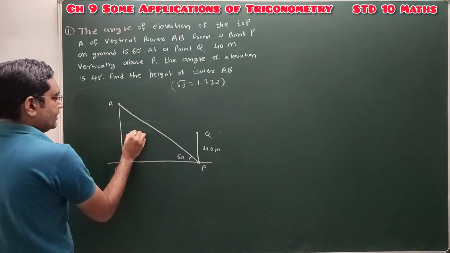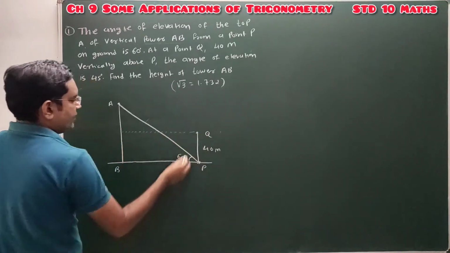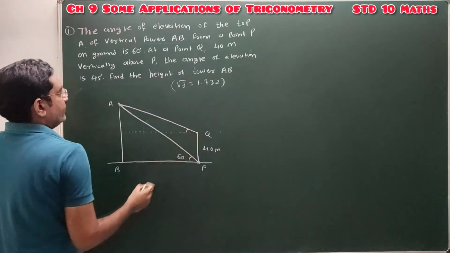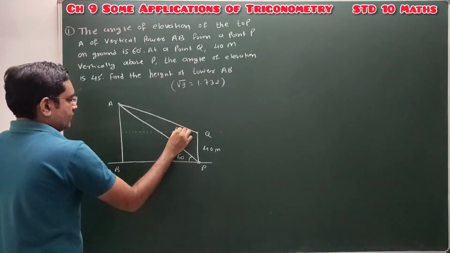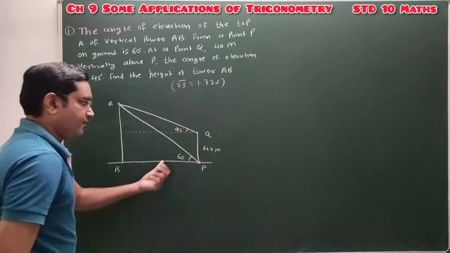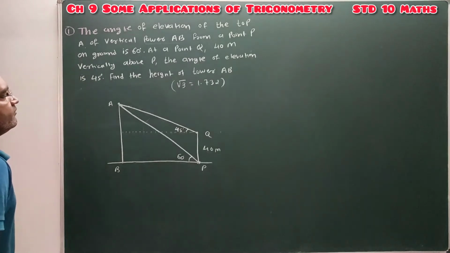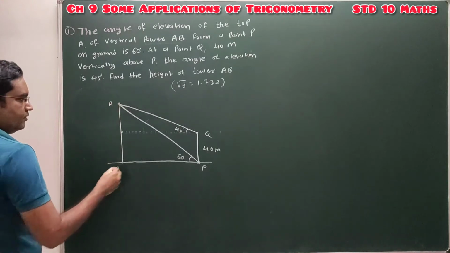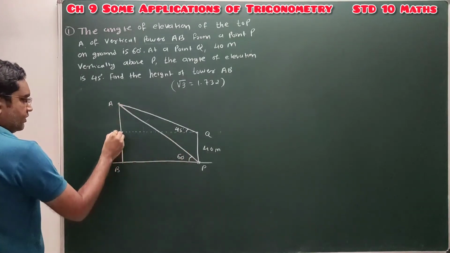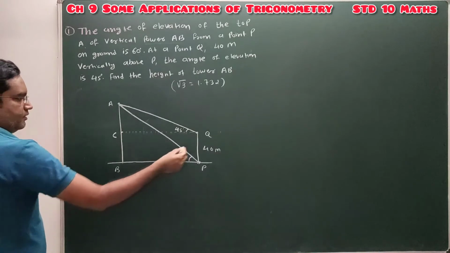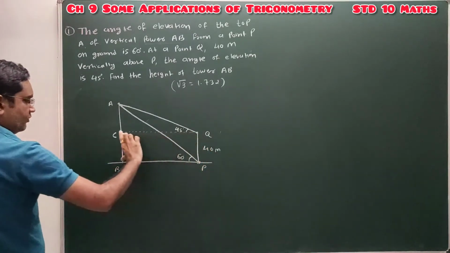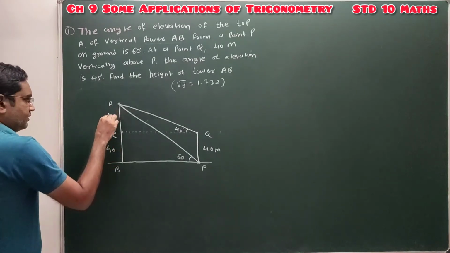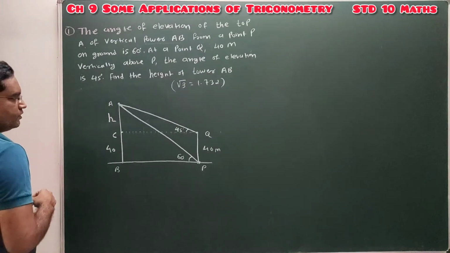This is again a horizontal line, this is a horizontal line and this one is the angle of elevation. So from this point Q, the angle of elevation is 45 degree. This one is 45 degree and this one is 60 degree. Find the height of the tower AB. So this is AB, PQ, say this one is point C and this PQ height is 40. So we can take this BC as 40 meter and the remaining length, that is AC, consider that one as X.